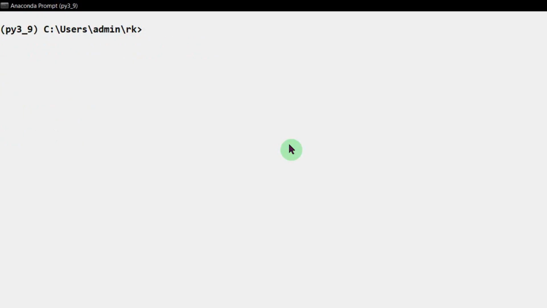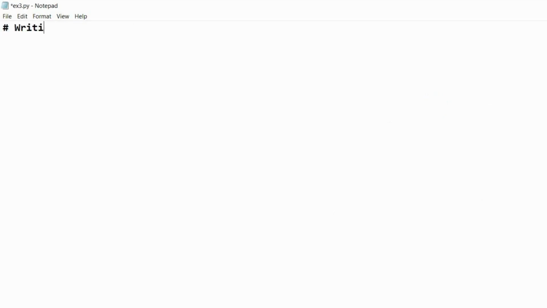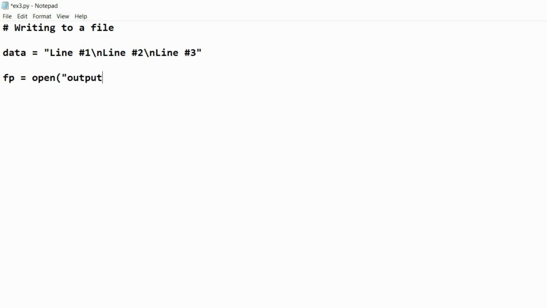Now I will show how we can write some text into a file. For that I am considering a source file ex3.py. I am taking a string with 2 newline characters in it into a variable data, and then I am opening a file output.txt in write mode. Since this file does not exist already, a new file will be created with the name output.txt and opened in write mode.